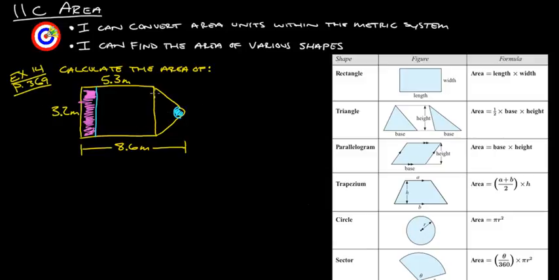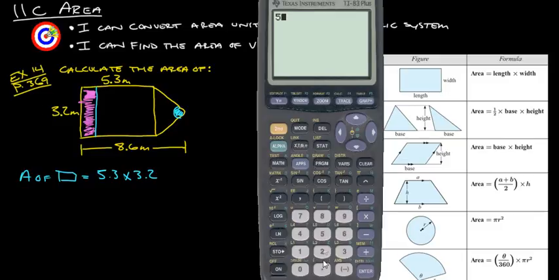So really what you probably want to do is figure out the area of this rectangle in here and then find the area of the triangle and then add those together. So area of the rectangle is just going to be area of rectangle. That's supposed to be a rectangle. You have to use your imagination on that. 5.3 times 3.2. Alright, so let's calculate that. 5.3 times 3.2 gives us 16.96